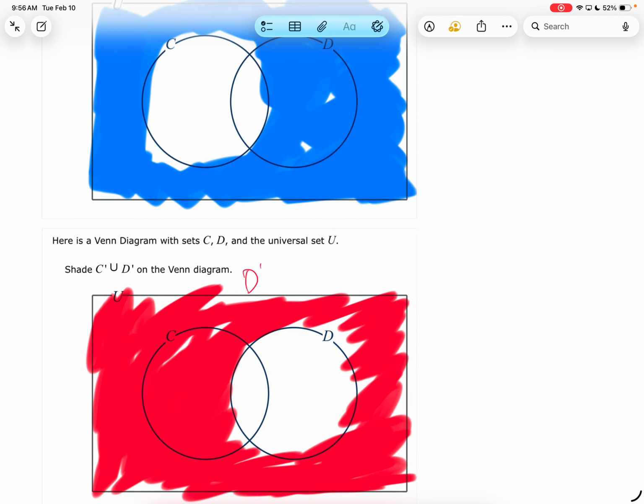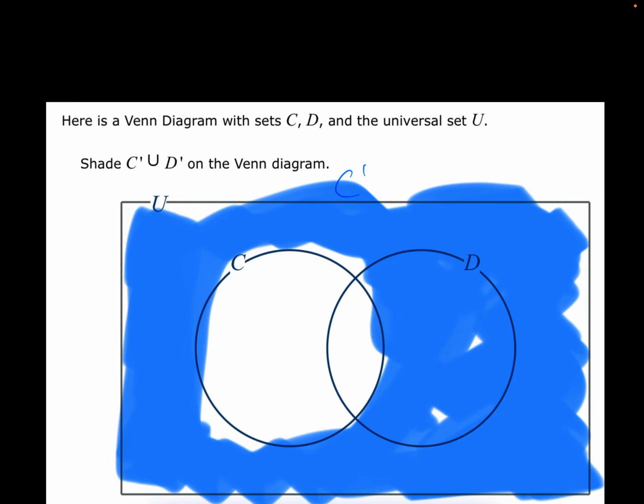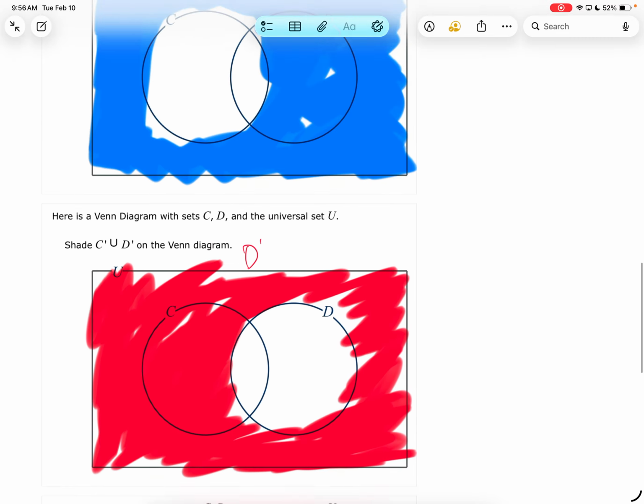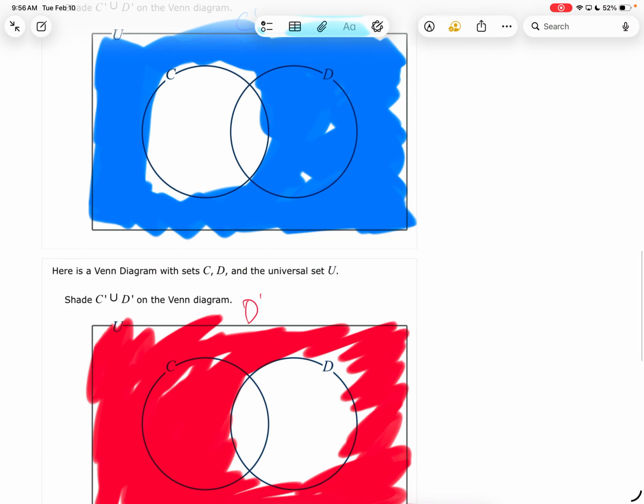Okay, so now I can look at these, and my answer is what is C naught or D naught. So I'm going to shade anywhere that is red or blue. Okay, so what is the only spot that I'm not shading? By looking at these two pictures, I'm kind of combining them, bringing them together. If I overlaid one on top of the other,